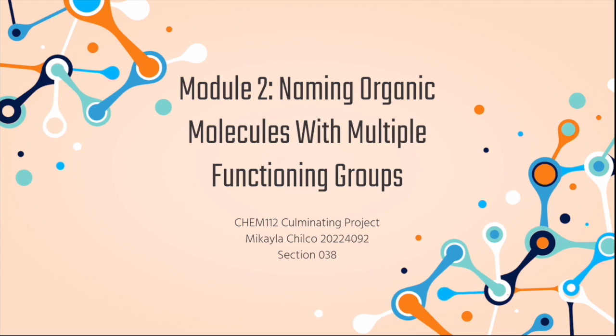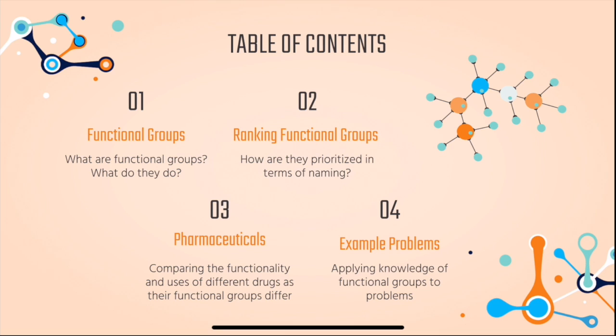We're going to go over Module 2, naming organic molecules that have multiple functional groups. What we're going to be going over today are just an introduction to functional groups. What are they and what do they do? Next, we're going to go over the ranking of the functional groups, so how are they prioritized in terms of their naming. Next, we're going to apply that to pharmaceuticals, so we're going to compare the functionality and uses of different drugs as their functional groups differ. And finally, we're going to go through some sample problems to apply the knowledge that we've learned about naming multiple